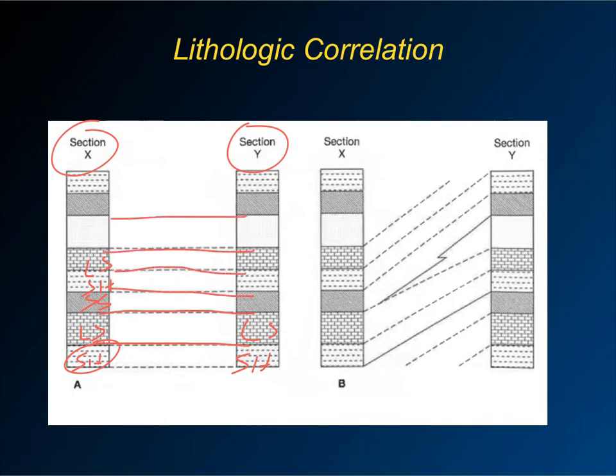And the assumption you would make is that the limestone in section Y is the same as the limestone at the same stratigraphic level in section X. And hopefully you would have some age information or some other information that might tell you that's probably right. But I'm going to make the point here that that doesn't have to be the case, because whenever you go out to set a stratigraphic section, you don't always know what the age is, and you don't know what level